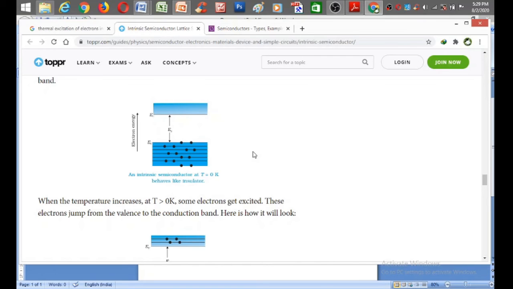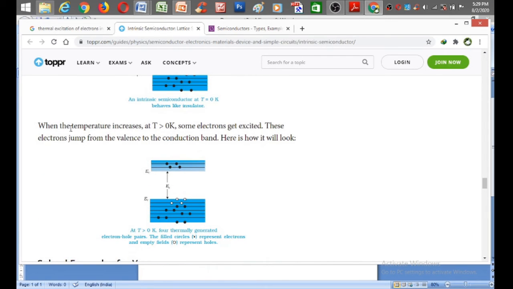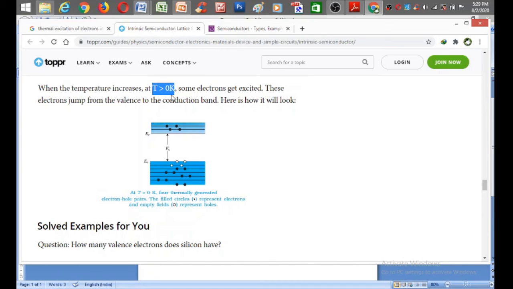to the conduction band. Now when temperature increases, this is very important, when the temperature is greater than 0 K, it means some thermal energy is available. With that thermal energy, electrons in these places are thermally excited to the conduction band. So here we have holes and here we have electrons. Because of thermal excitation, there are some vacant sites created in the valence band. There are some occupied sites created in the conduction band. Both of them will contribute to electricity.